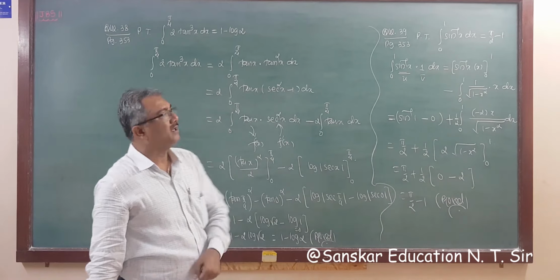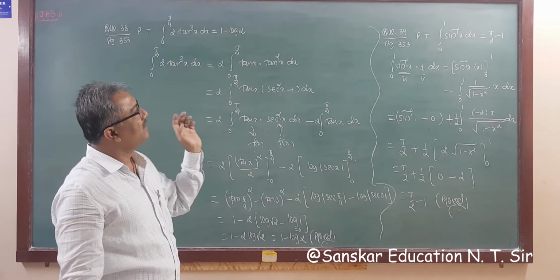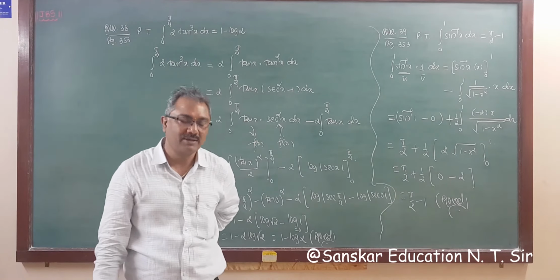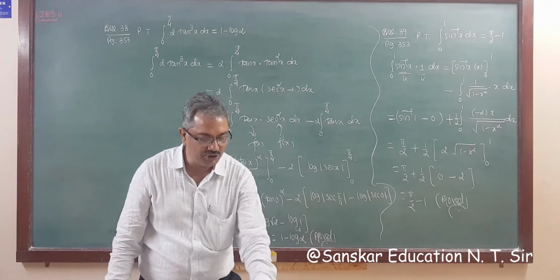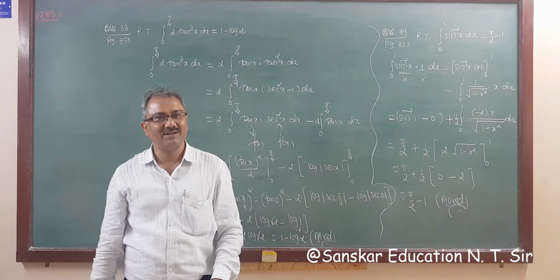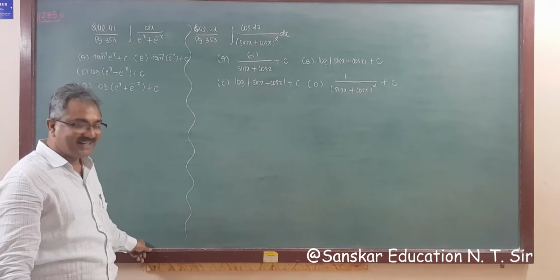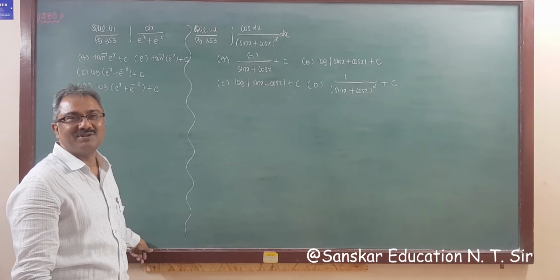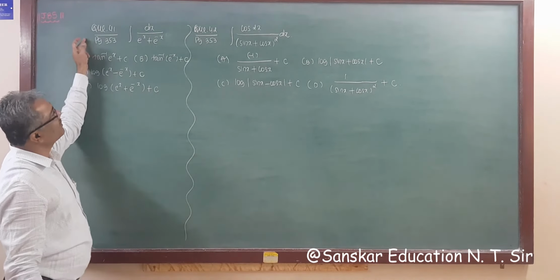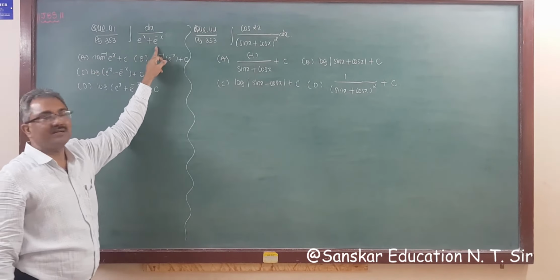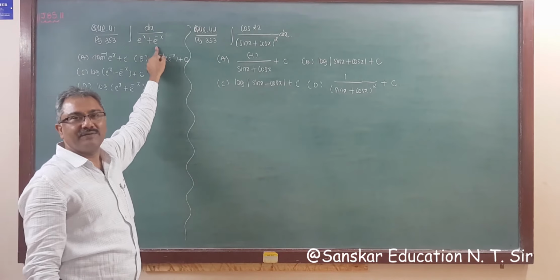So now only question number 40 is the sum of the limit. So I'm not going to solve it, and you don't have to either. So 41, 42, 43 and 44. 4 MCQs are remaining. Okay. So we are at the end of this lecture chapter, and the first MCQ is integration of 1 upon e raised to x plus e raised to minus x dx. So this is of infinite.